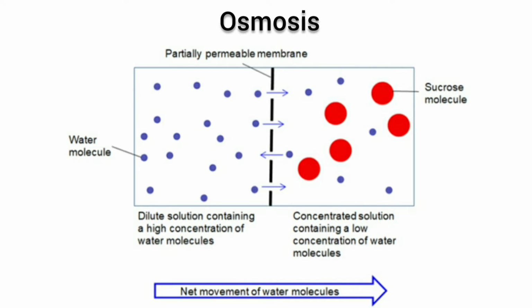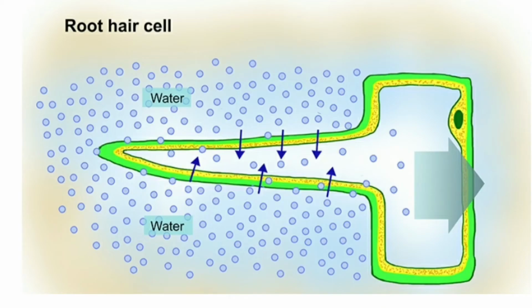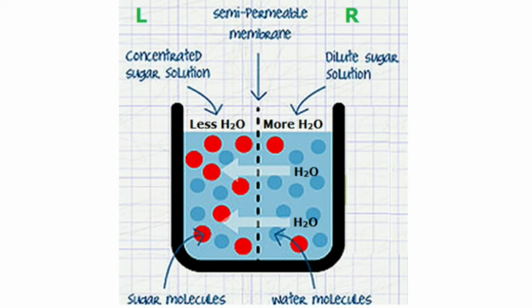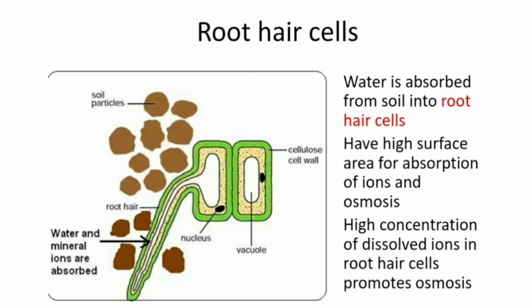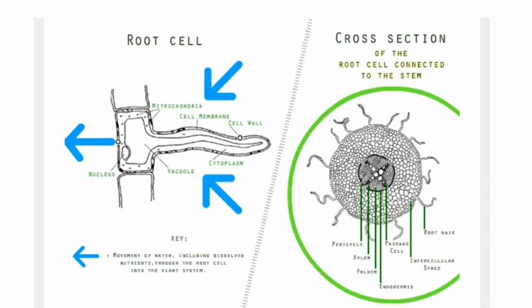of its lower concentration. So in the cell, water concentration is low, and in the soil, water concentration is high. So now water is going to move from an area of its higher concentration to an area of its lower concentration, that is into the cell. This process of movement of water from higher to lower concentration is called osmosis. So through osmosis, water moves into the root hair cells, and therefore concentration of water inside the root hair cells